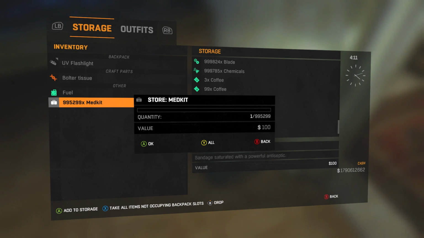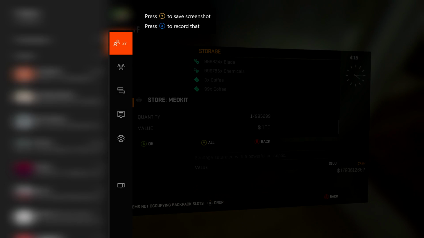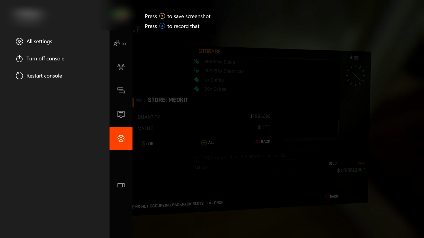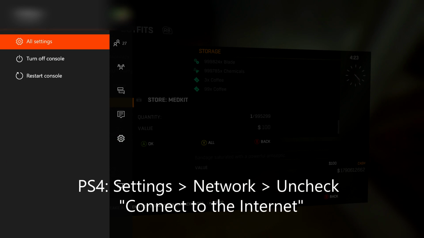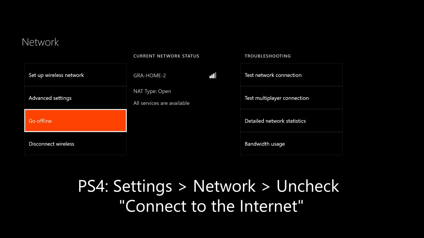Okay, so the next thing you're going to want to do is double tap the home button, and this is on Xbox One, by the way, and it does also work on PS4. I'm not exactly sure the exact steps you'll have to take to do it on PS4, but I'm sure somebody can figure it out. It's pretty easy. So we're going to go down to all settings, network settings, and then we're going to go down to here where it says go offline,